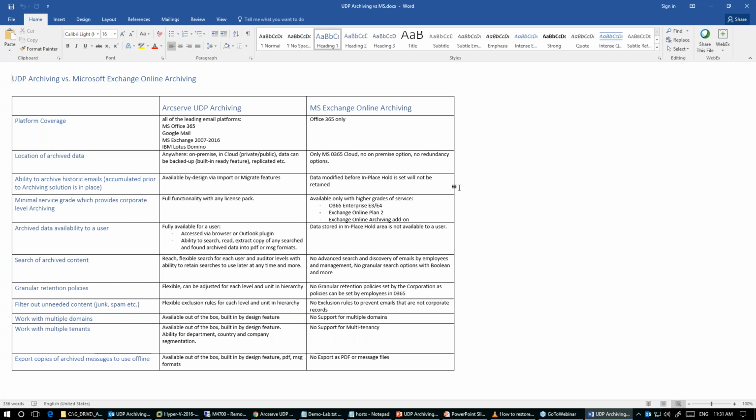Minimal service grade, right? With UDP archiving, you can go as low as you want with Office 365 service grade. But if you rely on Microsoft Office 365 archiving, it will be expected for you to be on one of those levels, or go explicitly with archiving add-on, and so on. So not to spend much time on this table, just letting you know that this document does exist and I can forward it to you. Just ping me offline and I will be happy to share it.